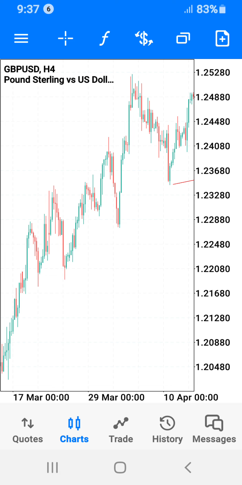I'm back again. Today I'll be talking about support and resistance levels, how to draw your support and resistance levels. So let me show you what we are going to be looking at. We are going to be looking at something like